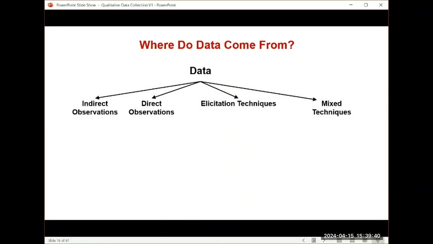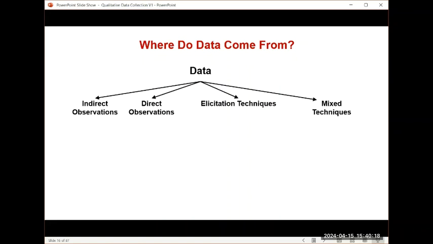Okay. So sometimes we have data sets that are intentionally built for research. Most of our data sets are not, right? The whole field of archaeology is dependent upon indirect observations. We dig stuff up, right? Now, direct observations, okay, I observe. As the researcher, I observe. How I observe, what I observe, when I observe, how long I observe, that's all in my control. But it's all based on observation through basically my eyeballs.